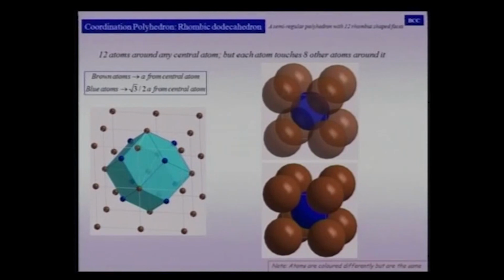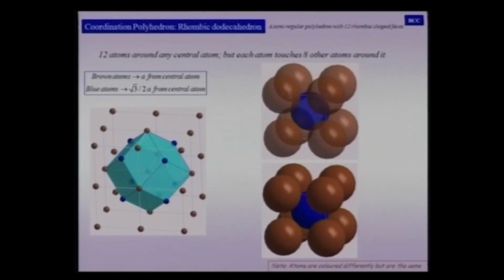We saw that there are two important non-regular solids which have the space filling property. One is the tetrakaidecahedron, the other one is the rhombic dodecahedron, and this rhombic dodecahedron is the solid you see here, which is the coordination polyhedron for the BCC structure. So I take any atom, it could be the one shaded in blue or the one shaded in red, both of them are identical atoms, and if I construct a polyhedron around it,